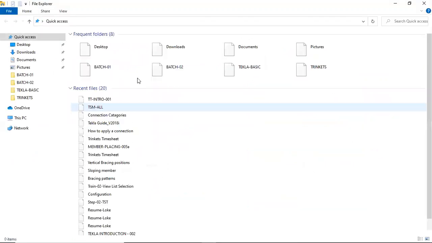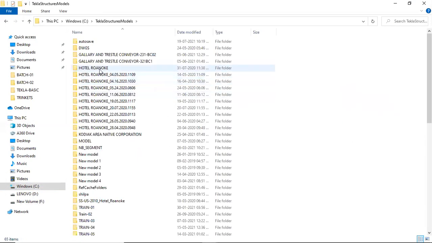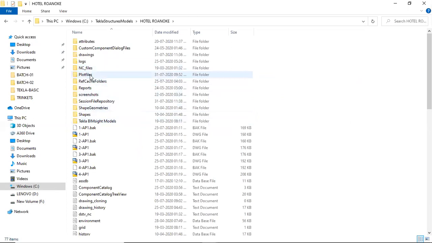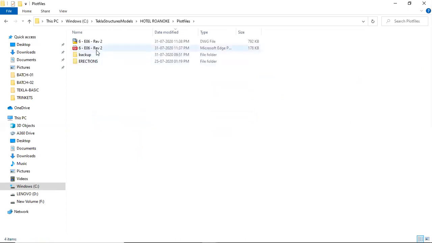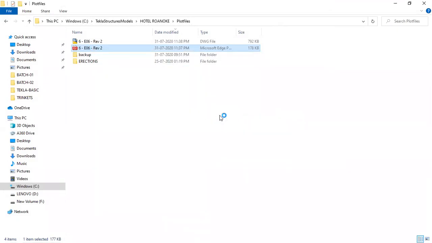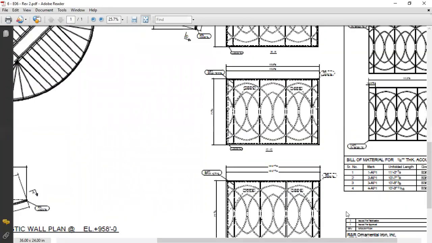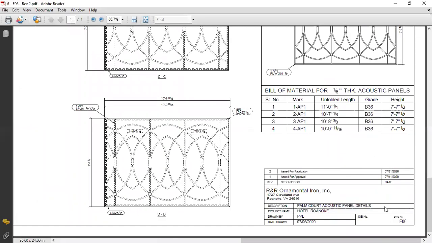If I can show you an example of a drawing, this is an erection drawing actually. You can see this is one example of an erection drawing.